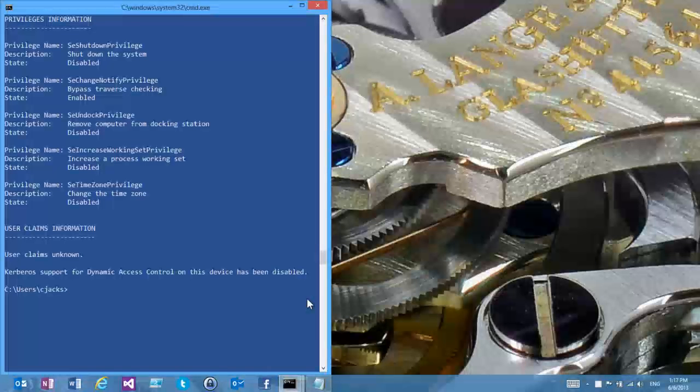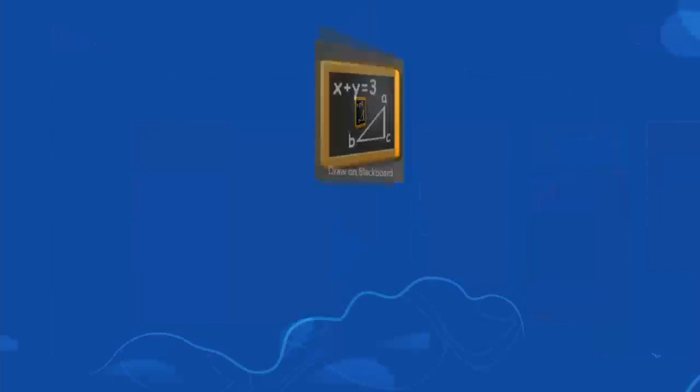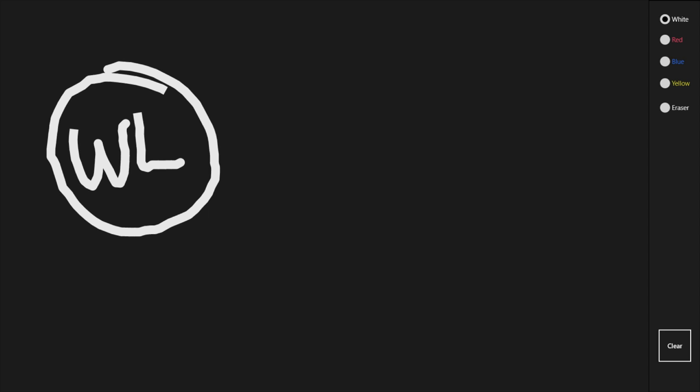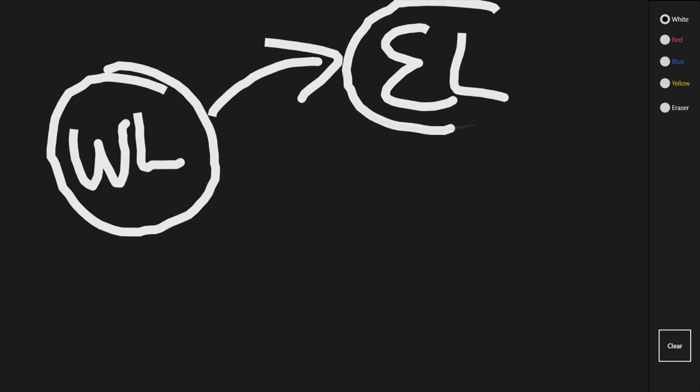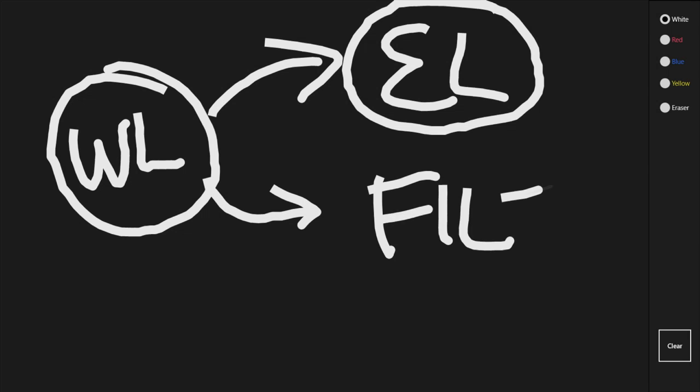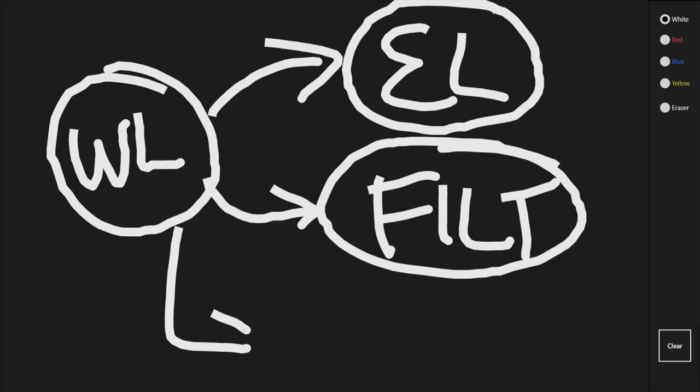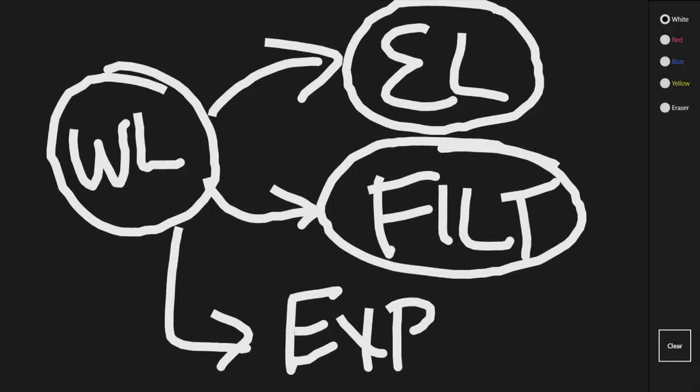So those are our tokens, right? Really foundational, but it's important that we all have those basics in mind as we start to build on them. As we start thinking about them, we want to start thinking through some of the design implications of having run and built our tokens that way. So when we think about what's happening, we've got winlogon, and as an architectural basis, how this happens is winlogon goes through and creates my elevated token. It then goes and creates my filtered token, and it then launches Explorer using my filtered token.